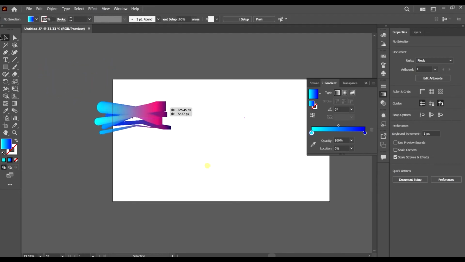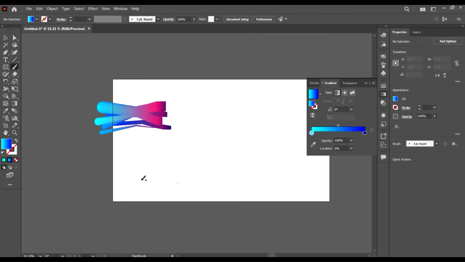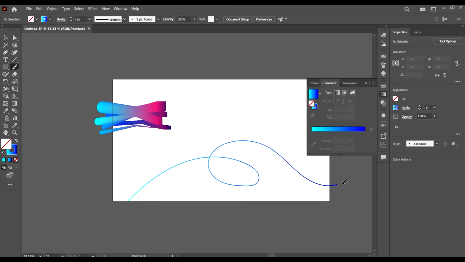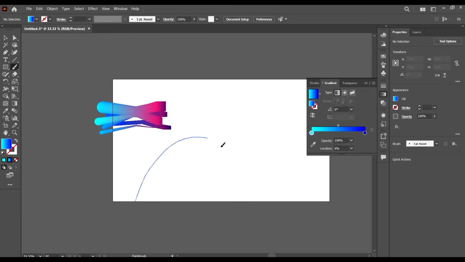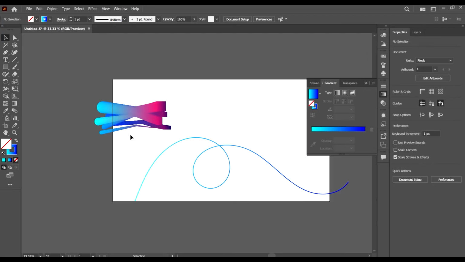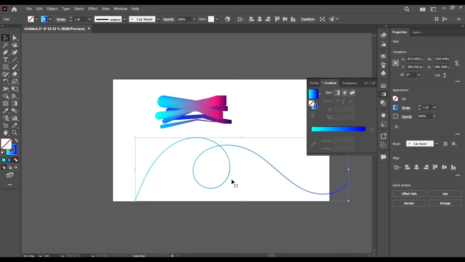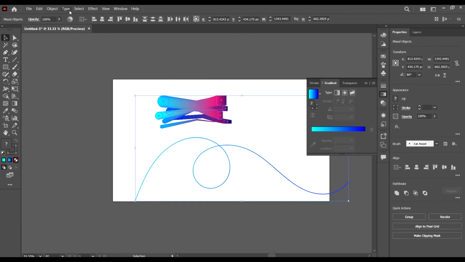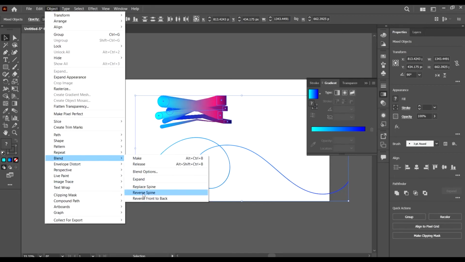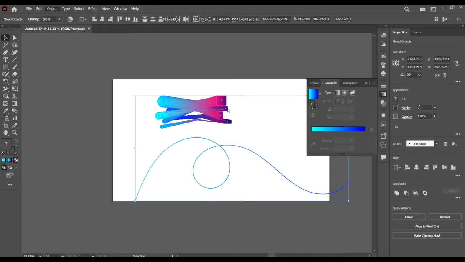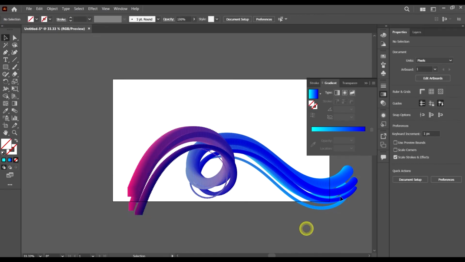So what I will then do is I will take my brush tool and try to create a path so that I'm just going to undo. Okay, something like this. Create a path like this so that these guys will follow. So select the guy here, select this guy, select the both of them, go to objects, blend and replace spine. And this might take some time, but yeah,